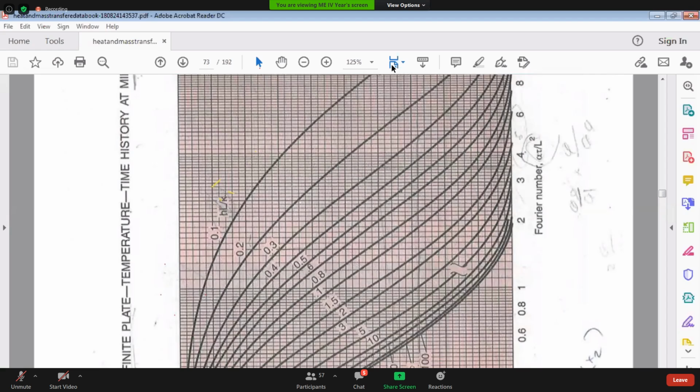I told you yesterday, look, in what I explained yesterday, 1 by Biot number is given, but here he has given hL by K. You can calculate the Biot number here, or because if you are going to use the data book,